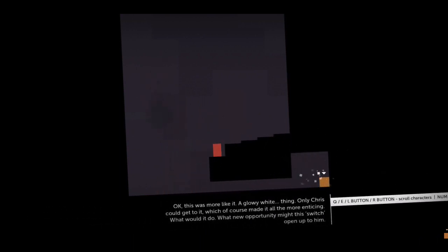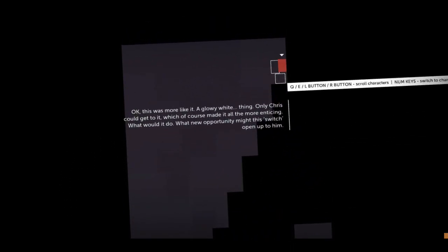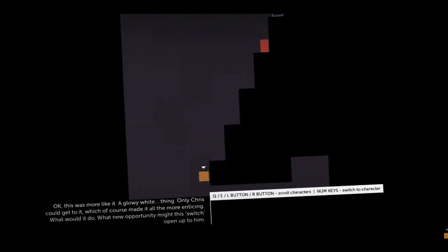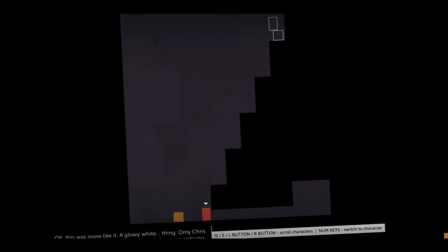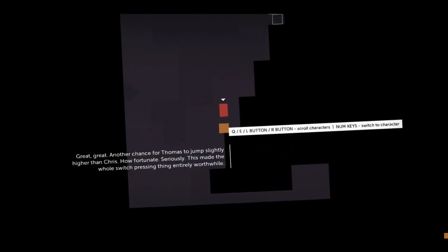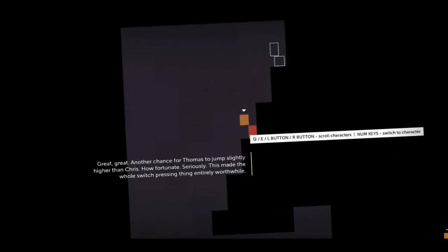Okay. This was more like it. The glowy white thing. Only Chris could get to it. Which of course made it all the more enticing. What would it do? What new opportunity might this... Great. Another chance for Thomas to jump slightly higher than Chris. Unfortunate. Seriously. This made the whole switch pressing...